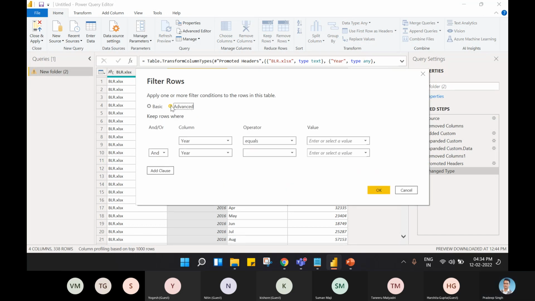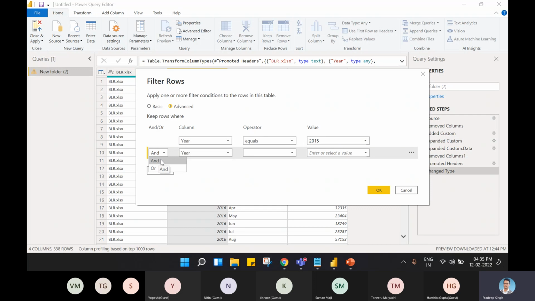So here, if I say the column, I am doing it for the year column, and it asks me for an operator, equal. I can apply multiple conditions here, right? What we did initially, we just filtered 2015, 16, 17. But if I want to apply conditions so that my data gets filtered as per my conditions, as I told you, it will not select the 2018 data because I have put filters accordingly. So now under the year column, I want to apply this when this is equal to what? Let's say I say equals to 2015 and